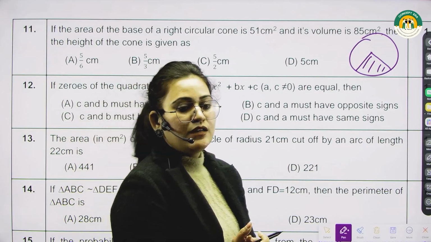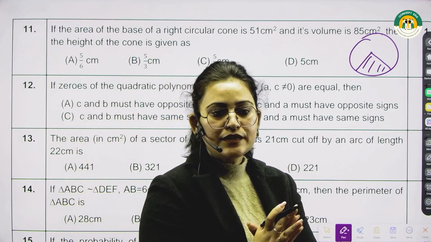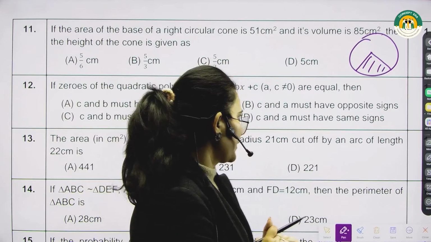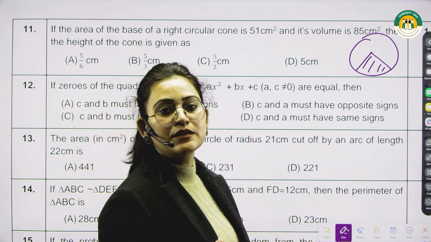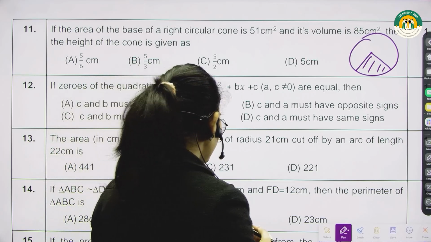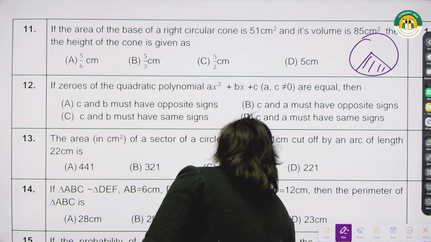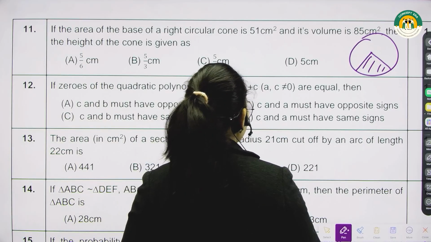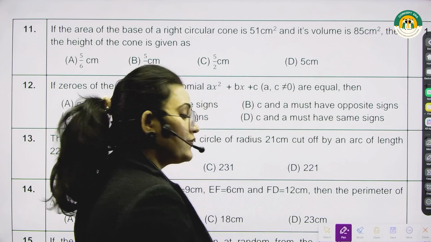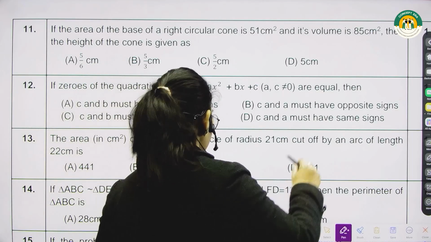अब किसी भी सेक्टर का एरिया फाइंड करने के लिए फर्स्टली we require theta. हमारे पास थीटा मींस एंगल होना चाहिए. Here we do not have the angle. So what we have to do, we have to firstly find the angle. So how we can find the angle? कैसे find करेंगे? हमें given क्या है? It is given the length of an arc.